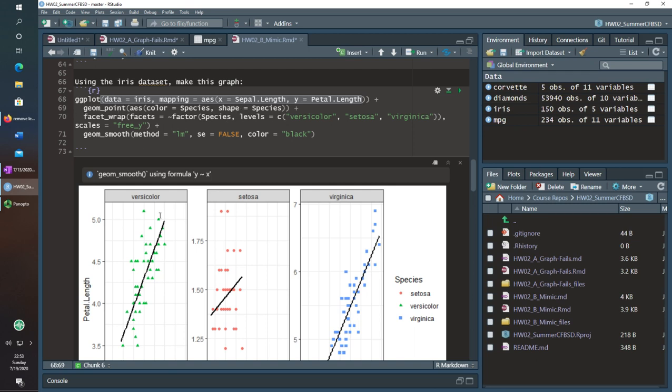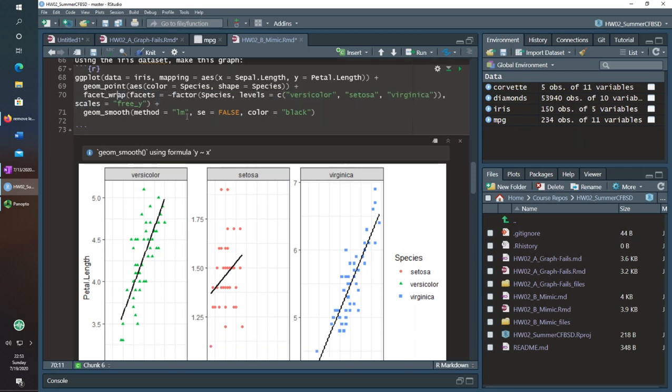I'm doing a geom_point, obviously, from the fact that they're points, except that pretty much everything that I'm changing is species, so I want it to be color species and shape to be species. And again, this goes back to factors. So I want to do facet_wrap in this case. There's also facet_grid if you want to specify a grid of values, but that's better when you have multiple values that you're faceting by.